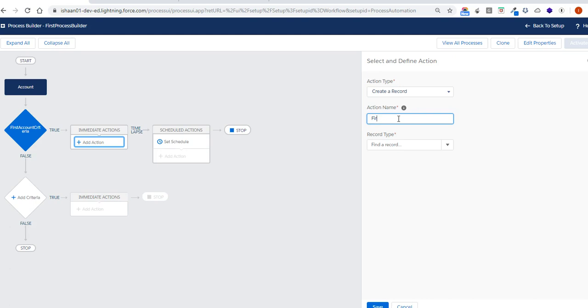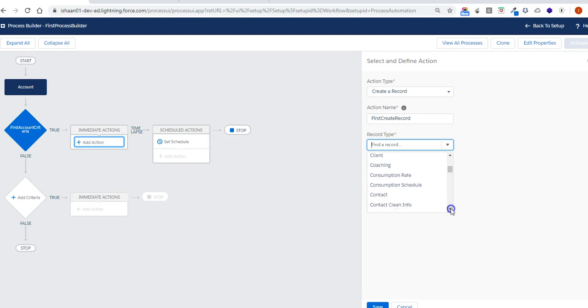We will say first create record. Okay, it's an API name, so we cannot give spaces. Which record type do you want? If we are creating on account, I can say that I'll create one